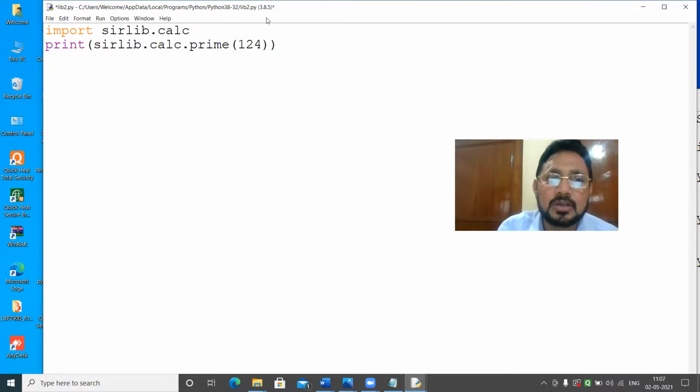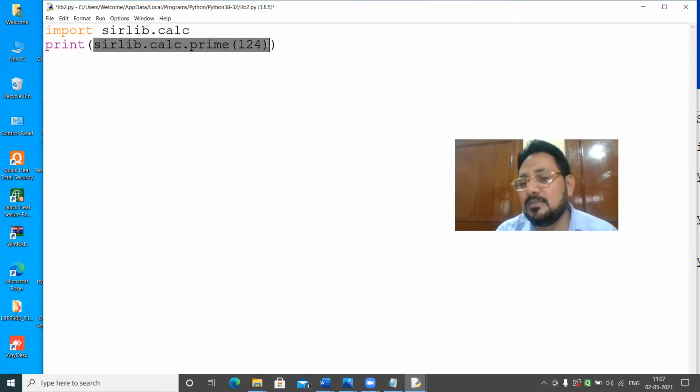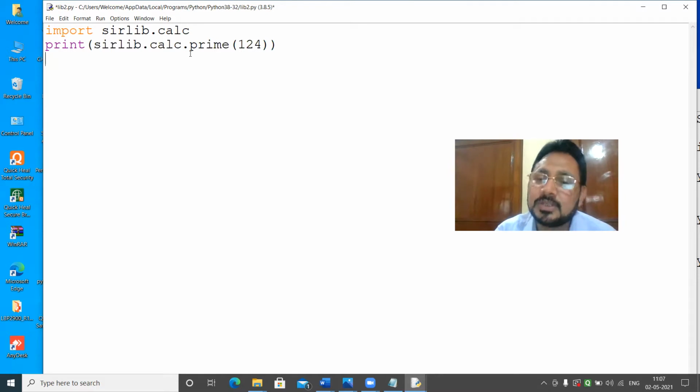So in the book, what will be the definition? Serlib.calc.prime is used to check the prime number of a number. Serlib.calc.sum is used to get the sum of two numbers. Serlib.calc.factorial is used to get the factorial. So only the definition part will be there. You have to just import serlib.calc. All the things are written in your book.